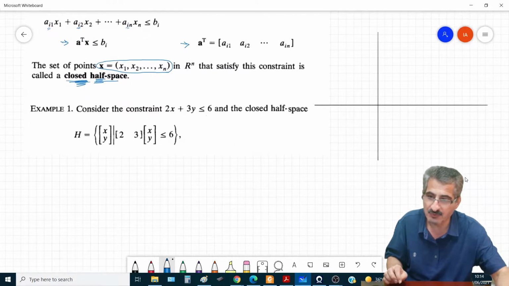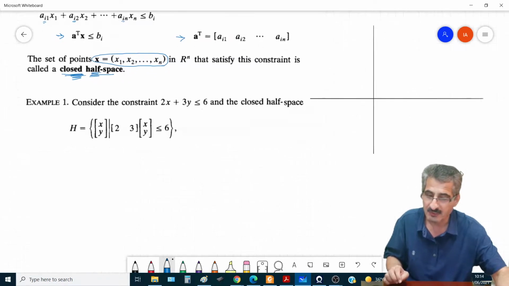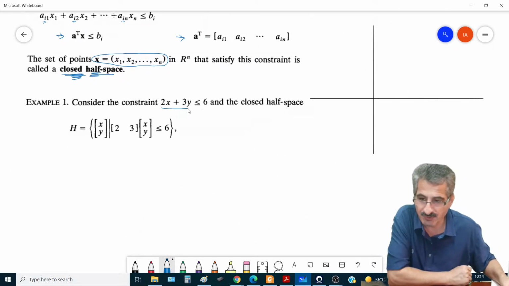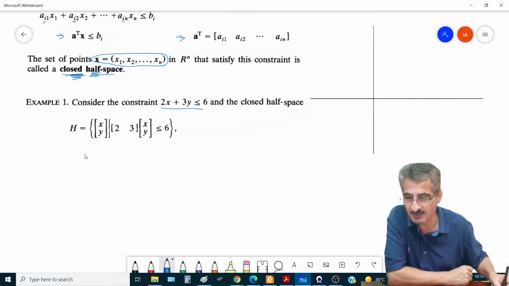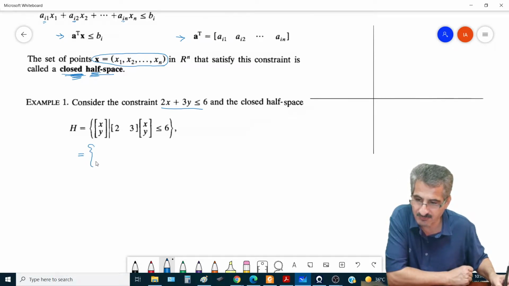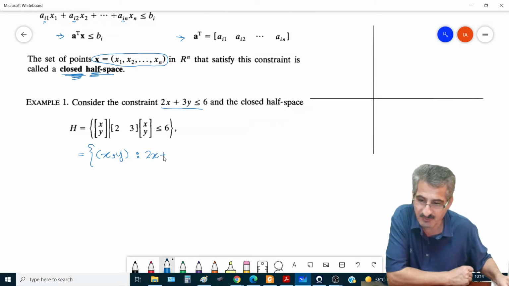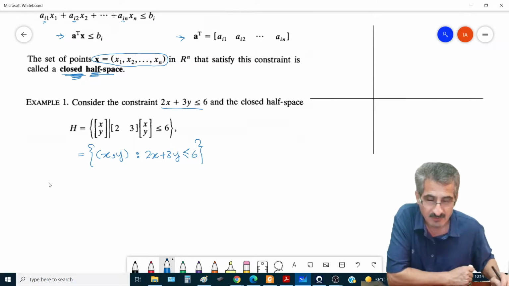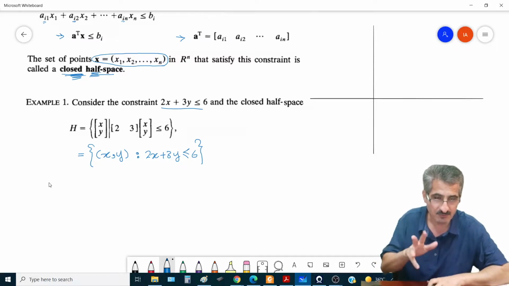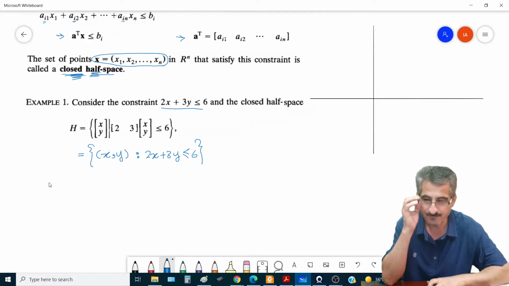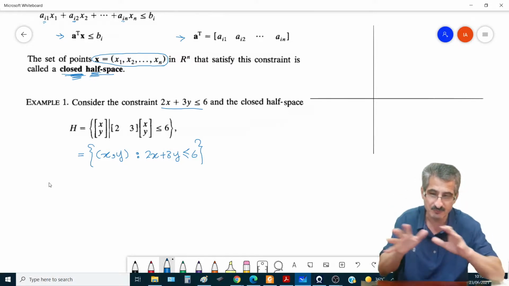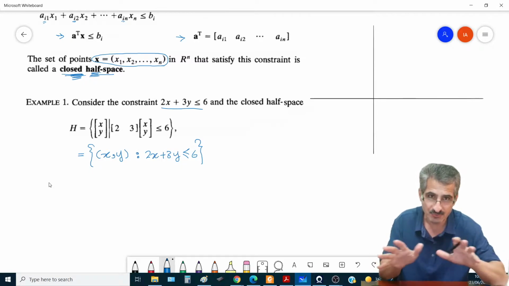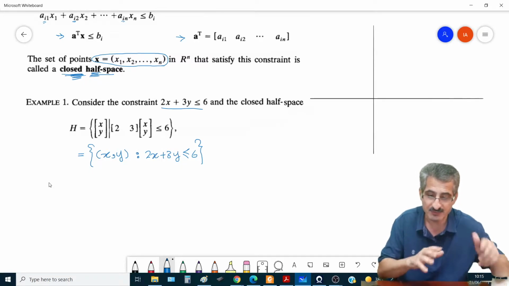This will be clear if we go to this example in 2 dimensions. Okay, now this is a constraint. 2x plus 3y is less than or equal 6. And this is the vector notation. Now, if I rewrite this, the set of all ordered pairs whose coordinates satisfy this inequality. So جميع الأزواج المرتبة x and y, so that 2x plus 3y is less than or equal 6. وين هم هذول؟ وين موجودين؟ هل هم سوا موجودين ولا متناثرين؟ They exist together and they split the xy plane